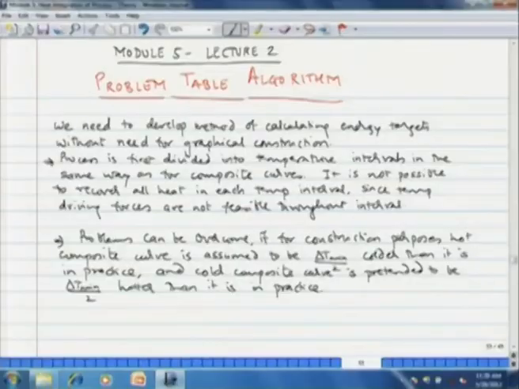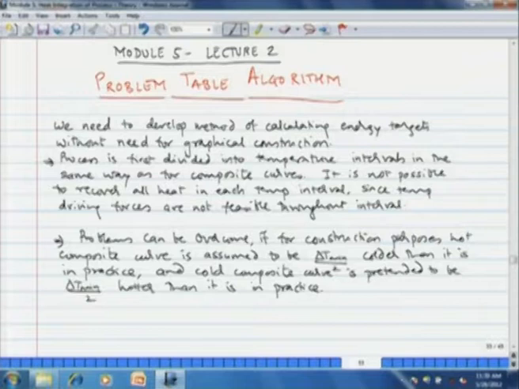So we shall now see an alternate algorithm for determination of the minimum hot and cold utility of the process, that is known as the problem table algorithm. We need to develop a method for calculating the energy targets without the need for graphical construction. The process is first divided into temperature intervals in the same way as for the composite curves. It is not possible to recover all heat in each temperature interval, since the temperature driving forces are not feasible